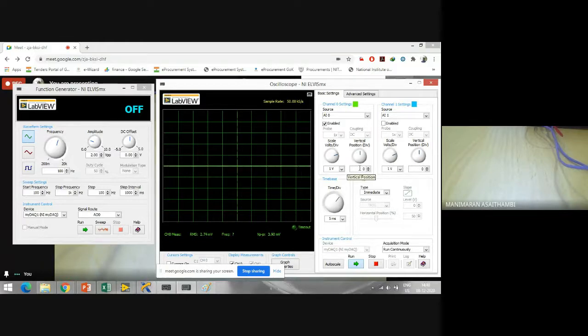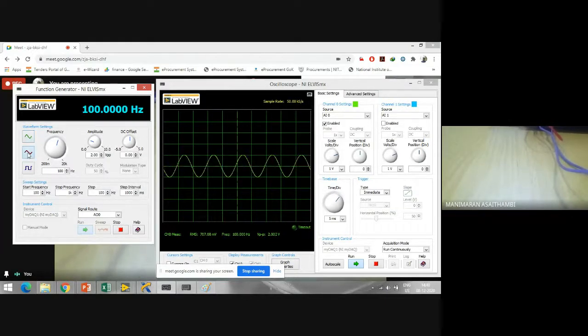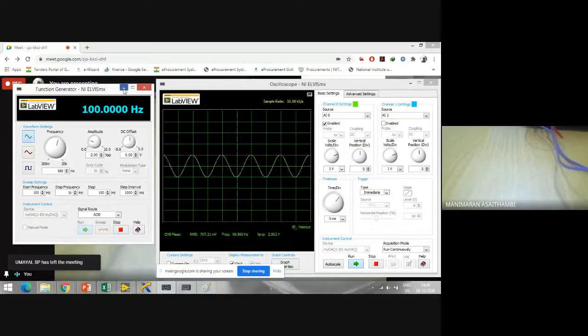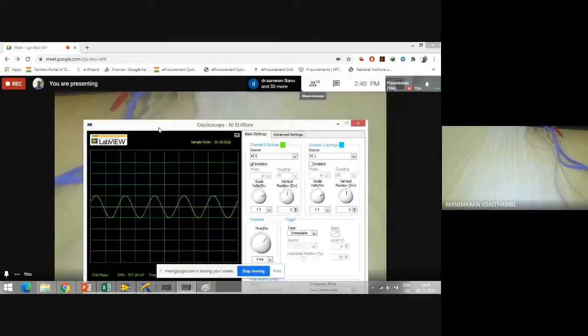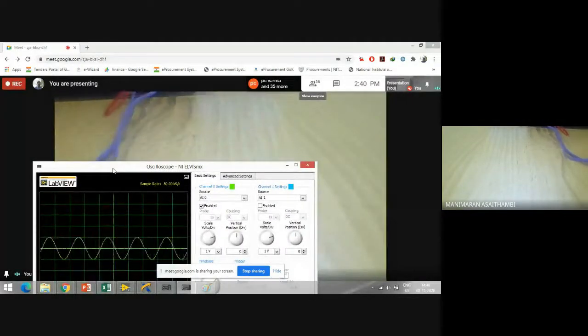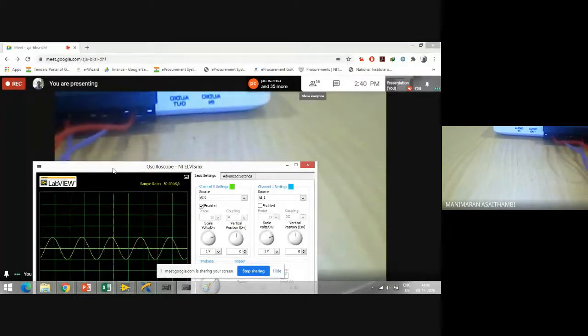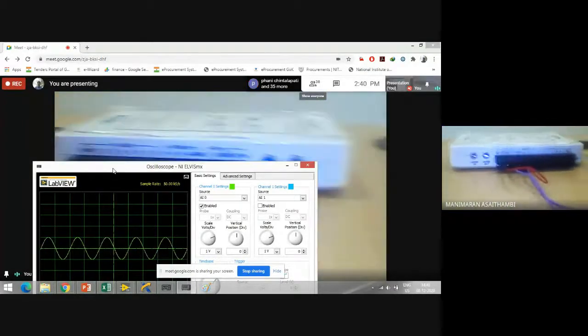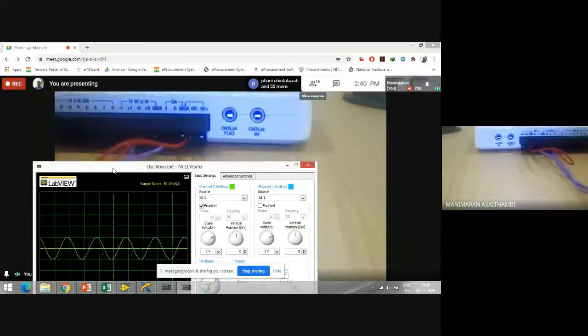I'm just moving the X scale and Y scale of my channel 0. So now when I run it, whatever I do here, the same signal appears there. If it is a triangle, I'll get a triangle, square, I'll get a square, sine wave, and moreover, please don't mistake that these connections and this data are real.